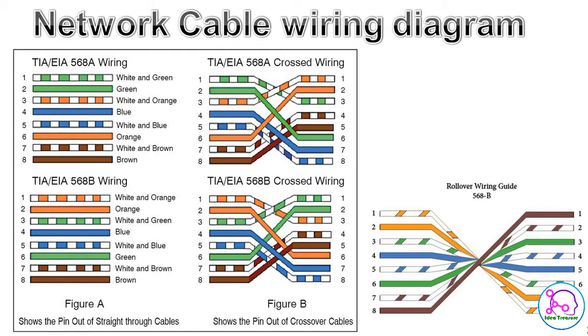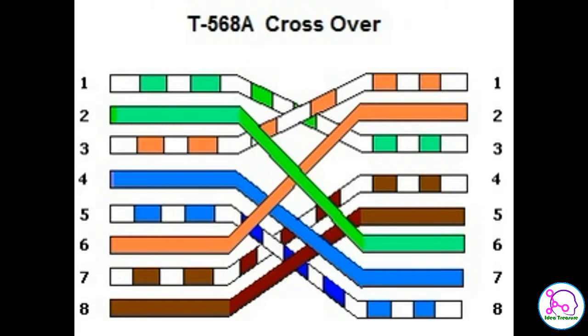Whatever the alignment on one side of the cable, the same alignment is on the other terminal of the cable, and that is called a straight cable. When the alignment changes in the numbers, like 3 6 1 7 8 2 4 5, these are called crossover cables. When the numbers are exactly reversed, from 1 2 3 4 5 6 7 8 to 8 7 6 5 4 3 2 1, these are called rollover cables. In this video we are going to specifically talk about the crossover cable.